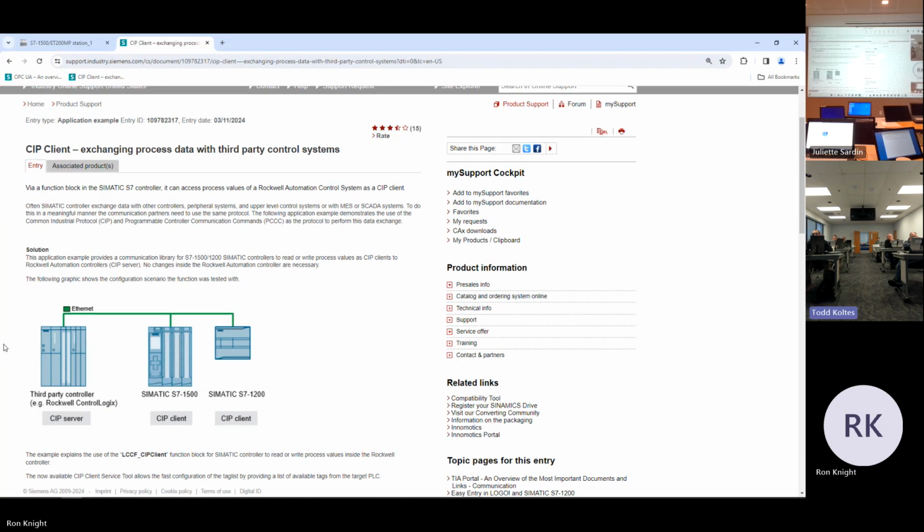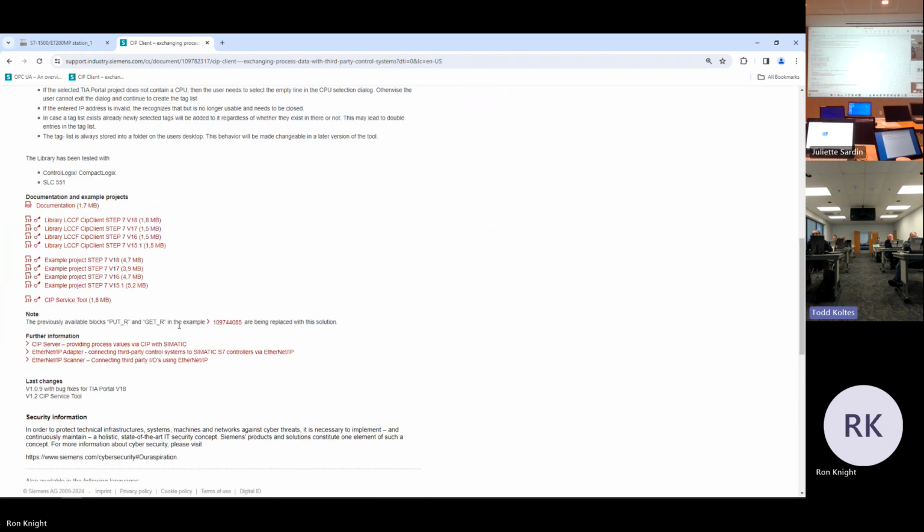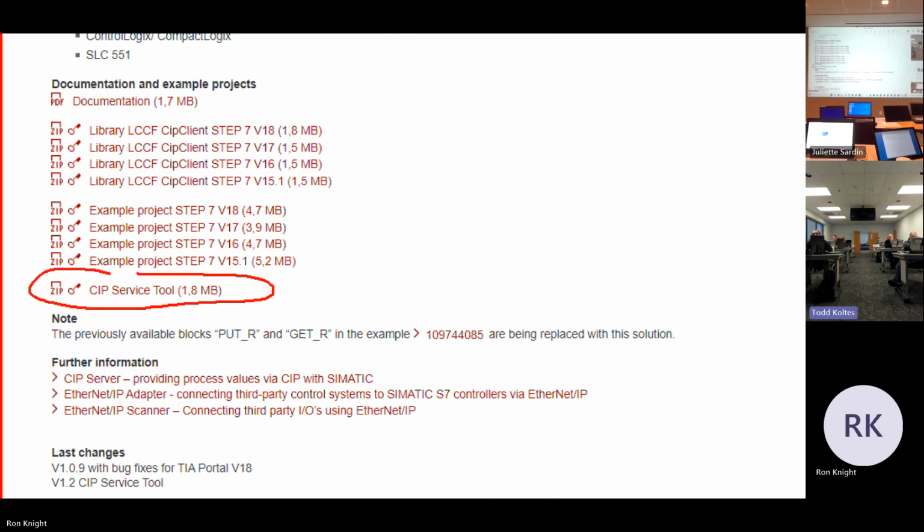Good. Go ahead. If you scroll down a little bit, there's a new tool. Keep going right there, that CIP service tool. So you don't even need to know the names or anything on the Rockwell side. If you spin up that tool, it's separate. It's not in Portal or anything. But you point it towards the Rockwell PLC and it interrogates it and creates a data block for you for TIA Portal. Wow, so you can just browse to the tags and then select what you want. Yeah,